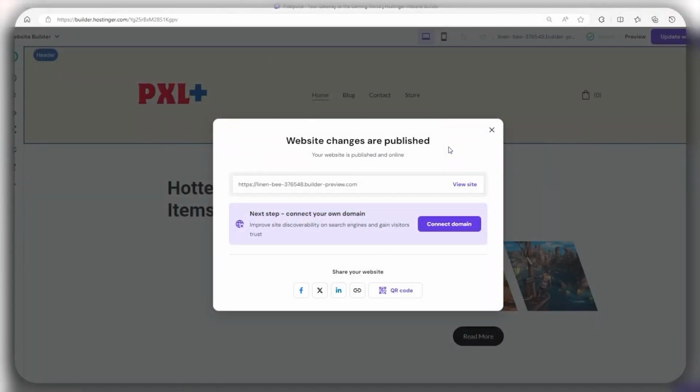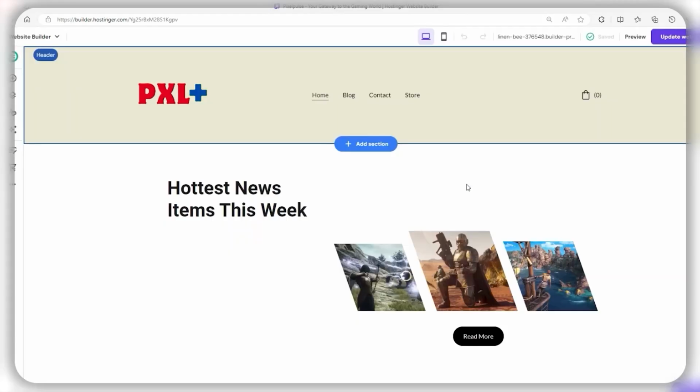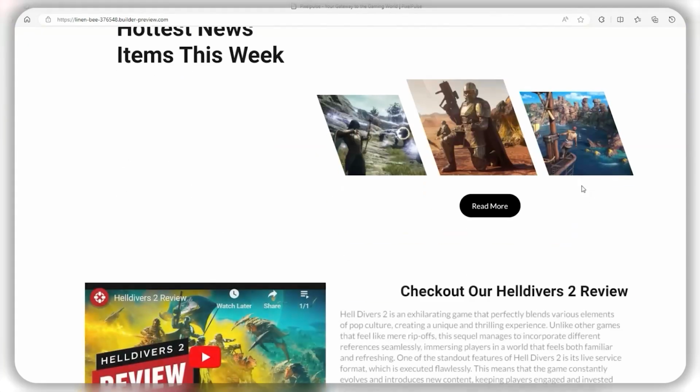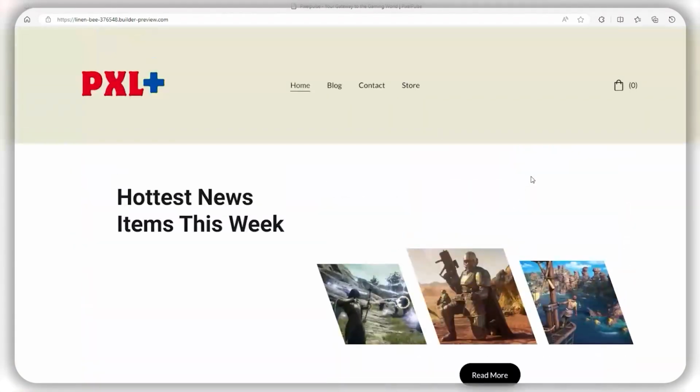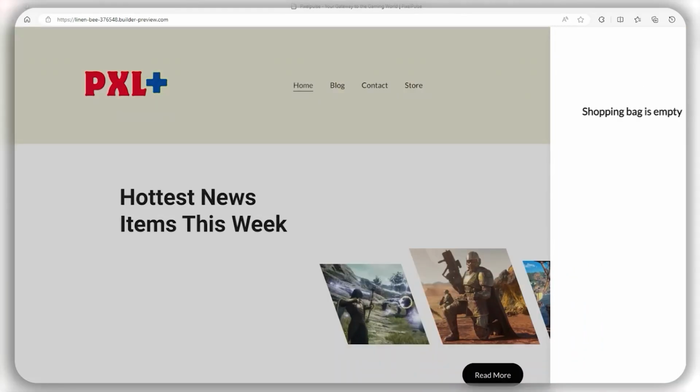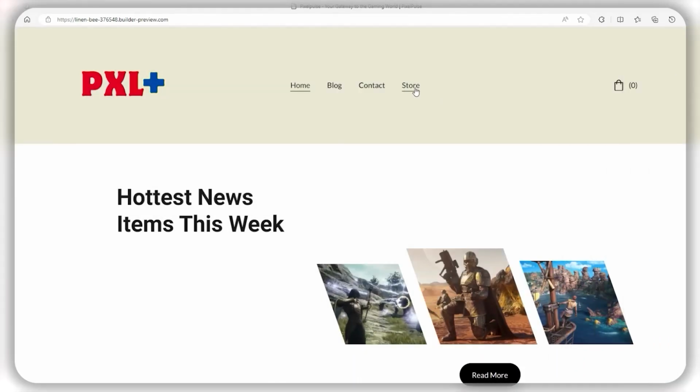Nevertheless, when it comes to actually seeing what your site looks like from the perspective of a customer and whether or not it works at all, you just go to this view site button right here. And this is the way that a customer is going to see our site once they land on it. Now, if you want to add something to your cart right here, or your bag rather, click on store,